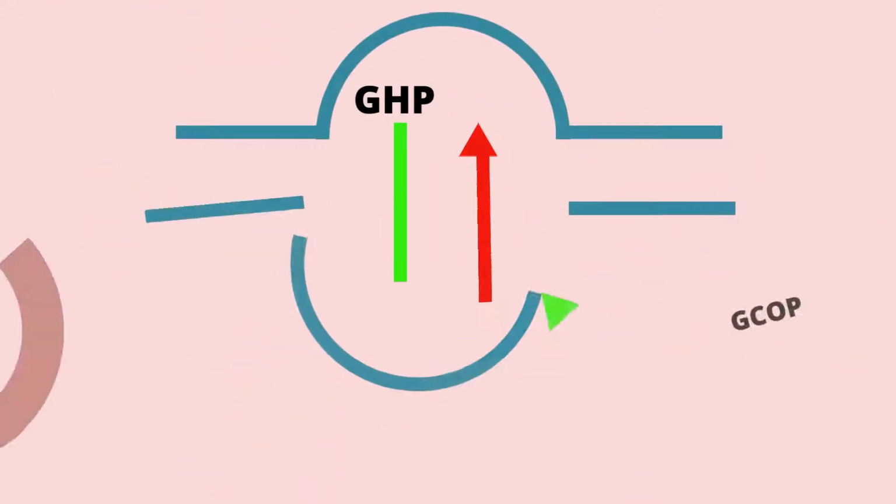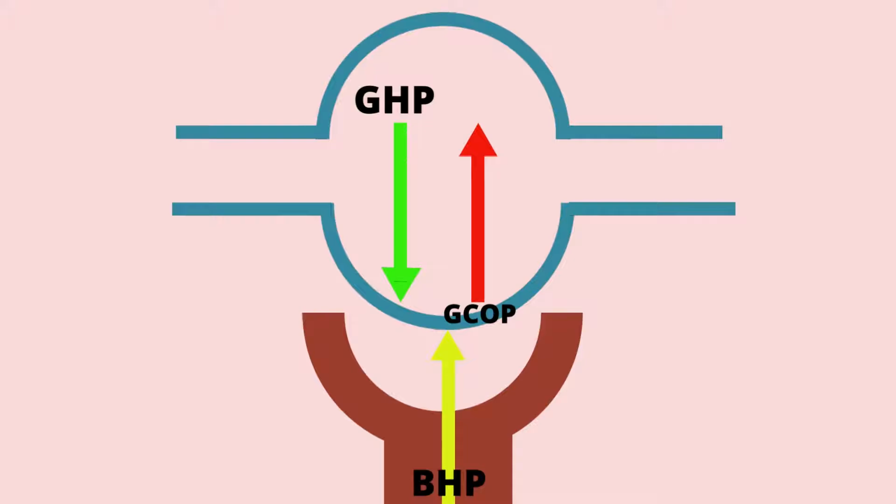This is just a diagram that I made so that you can better understand what I'm talking about. As you can see, the GHP, the glomerular hydrostatic pressure, is a pressure which is pushing outwards, so basically helping us in filtration, whereas the glomerular colloid osmotic pressure and the Bowman's hydrostatic pressure are opposing pressures. They're not allowing net filtration to happen, net movement of fluid into the Bowman's capsule.